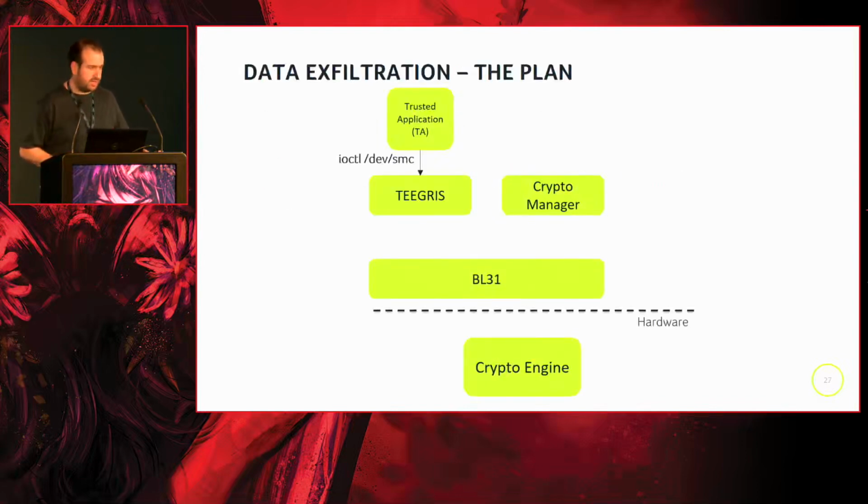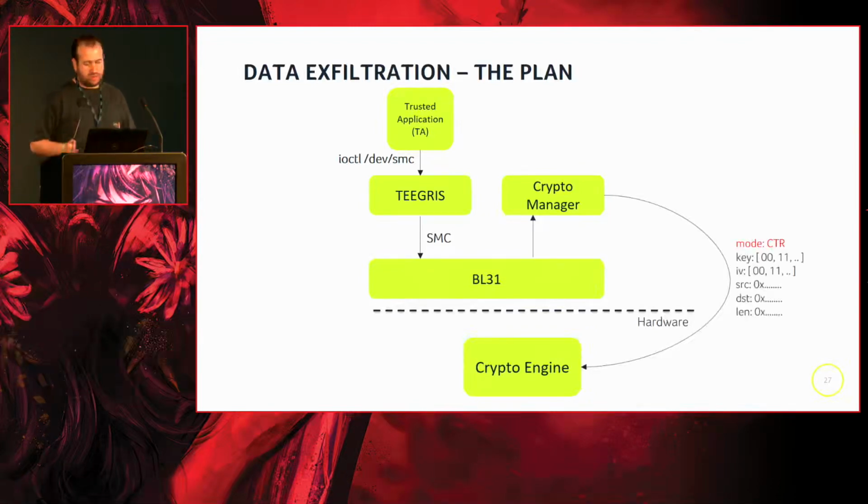So the idea was to use this SMC interface to the kernel to issue an IOCTL. The kernel will simply take our data and forward it to BL31, which will see, okay, there's an SMC coming from the kernel, and it's for the crypto manager. So it will simply, again, pass it to the crypto manager. The crypto manager sees, okay, this is the SMC used for encrypted memory-to-memory DMA, and then it will configure the crypto engine, set up the mode, which is encounter mode, and